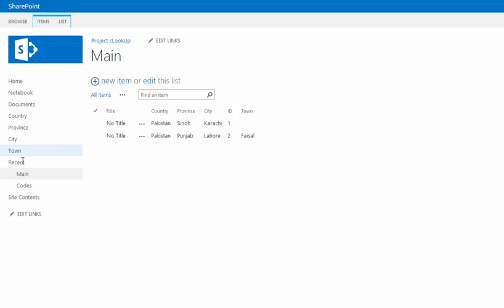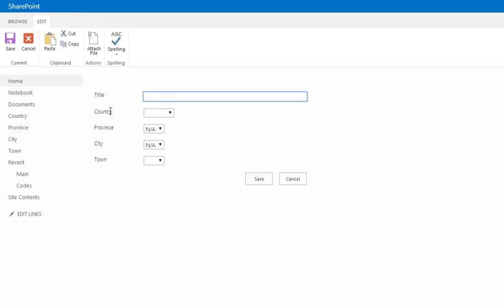So these are the four lists, and in the main list you can see that when you click on new item you can see these four lookups, four choices. The name of the choice and the name of the list must be the same, and we can have infinite cascading lookups here,